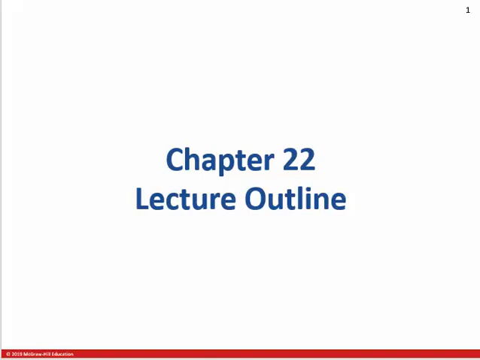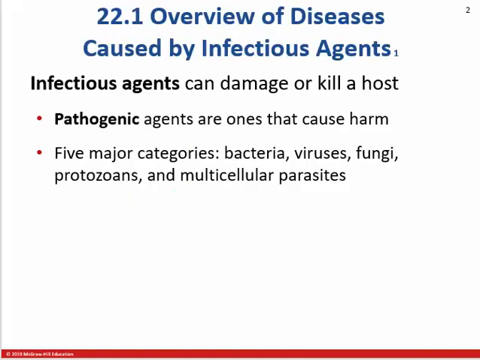Okay, so chapter 22, immunity. Really, immunity is protecting against infectious agents, against damage, cancer, things like that that can damage us. Now, pathogens are things that can cause that, that generate illness or disease. The infectious agents that do this are usually microorganisms, but really they don't have to be